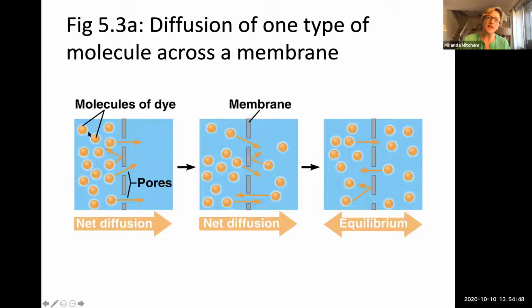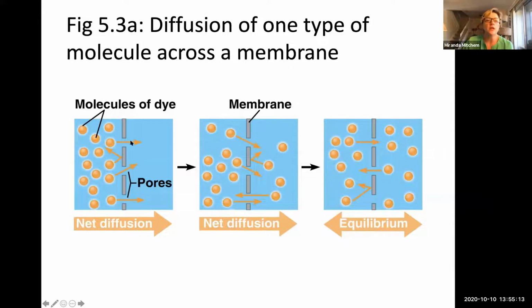All right, so let's begin on the far right side of the figure here. We have a membrane in the middle, first of all. That's what this gray dotted line represents. There are pores in it. So this is actually an artificial membrane. We would be doing this in the lab had it not been for COVID, where you utilize some artificial membrane